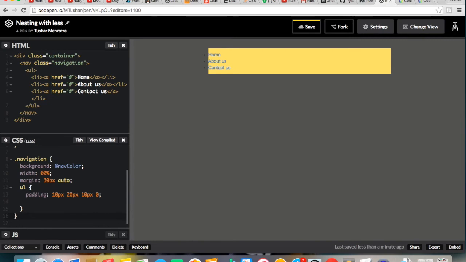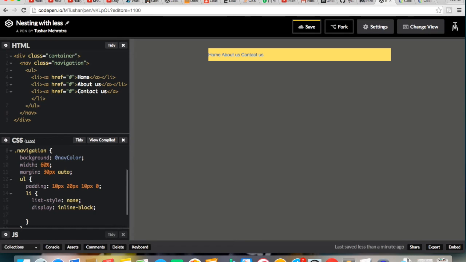Now I have to work on li. For this, I can directly include it inside the navigation, or I can include it inside the UL. Okay, so I'm including it inside the UL. What I have to do is list-style none. Then I want to make it display inline-block so that it comes on the same line rather than being on a separate line.